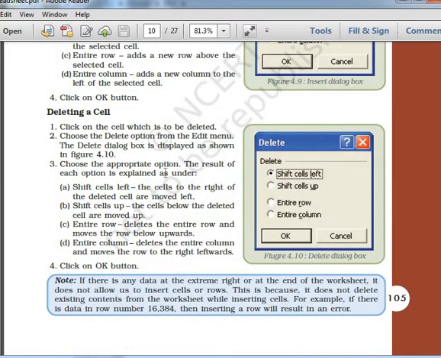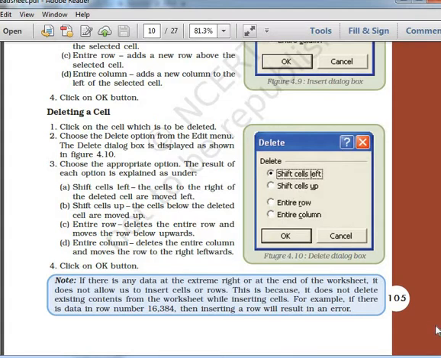Then deleting cells: you can select and right click on the cells and select delete, so it gives you similar options. These options we saw even in word processing.